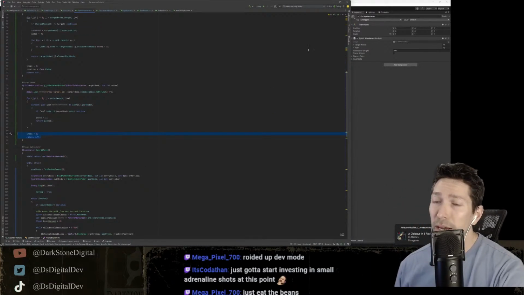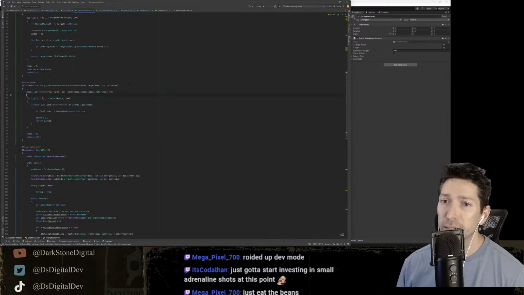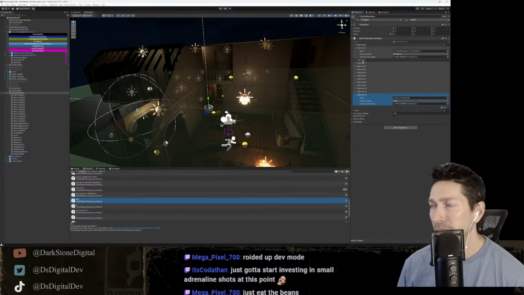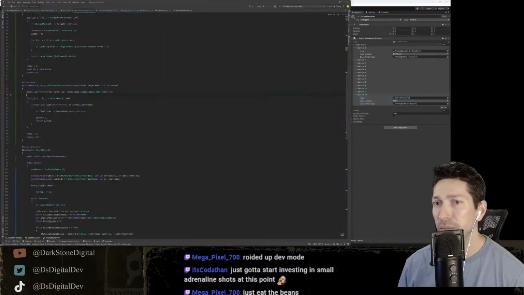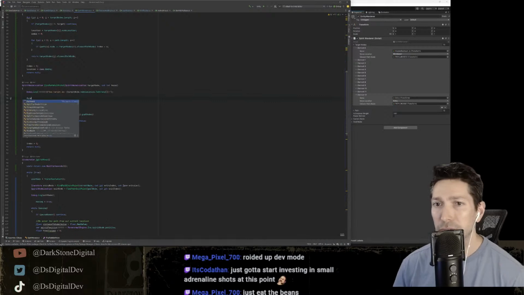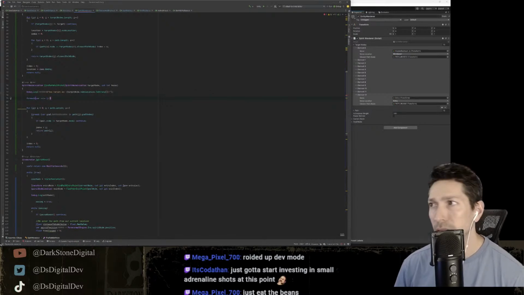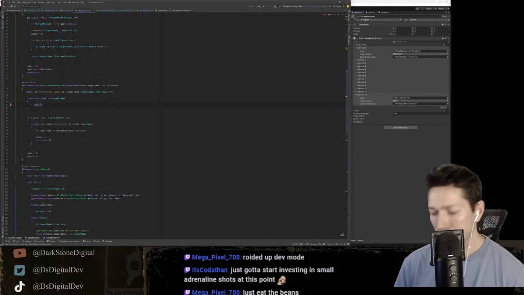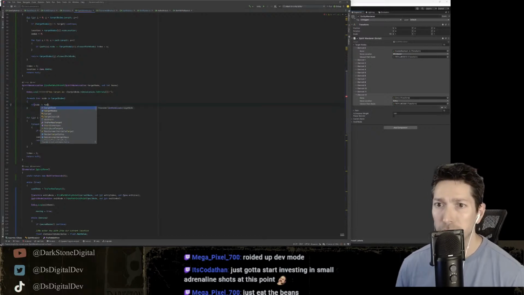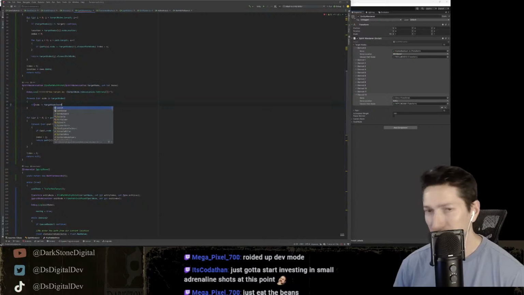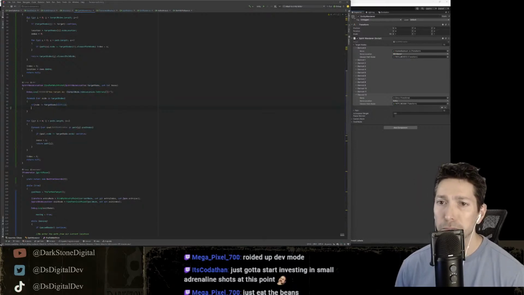So right now I'm checking through the path. What I could do is look through the target nodes. So I could say target node was this path node, and that returns a path node. So what we could probably do is, for each node in target nodes, we look at each of these and we say if node does not equal target node, we just continue, we just ignore it. And if it is correct, we look at the closest path node.